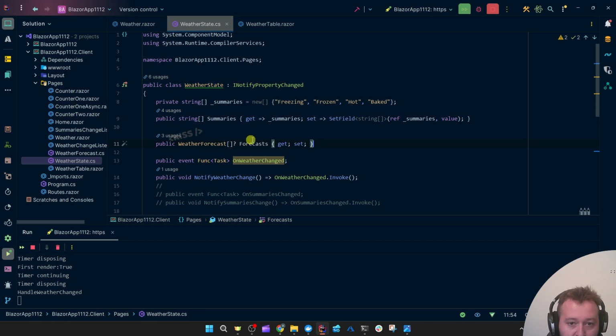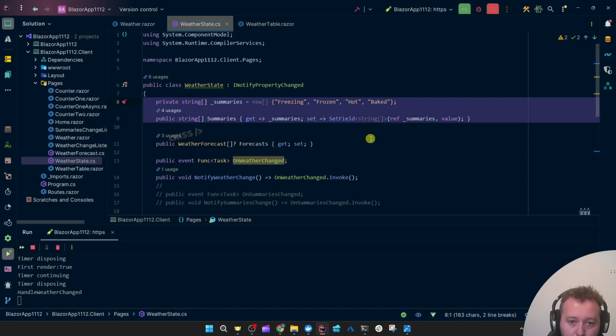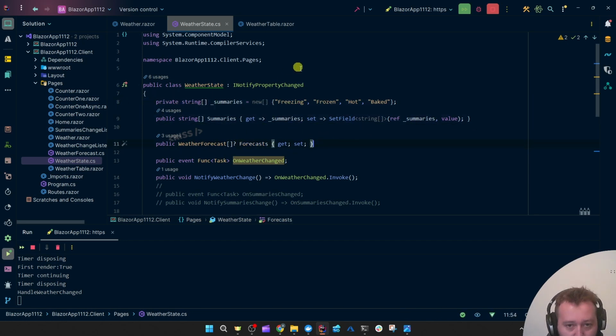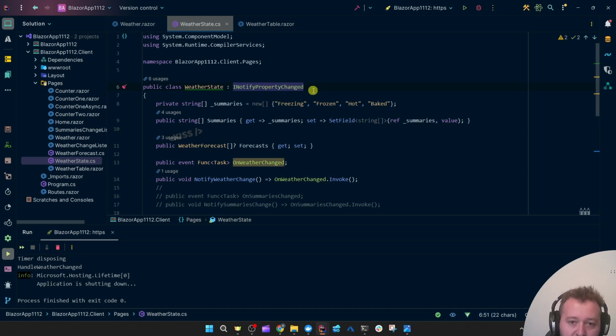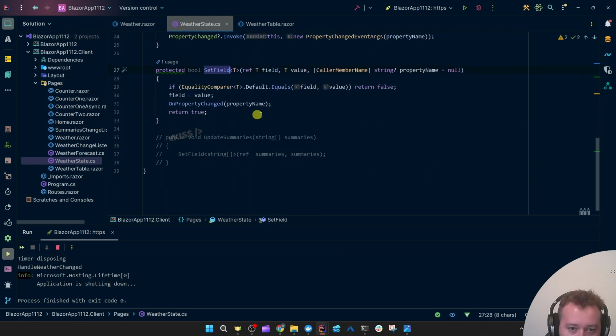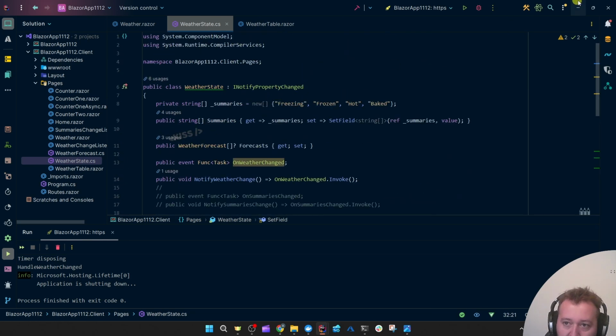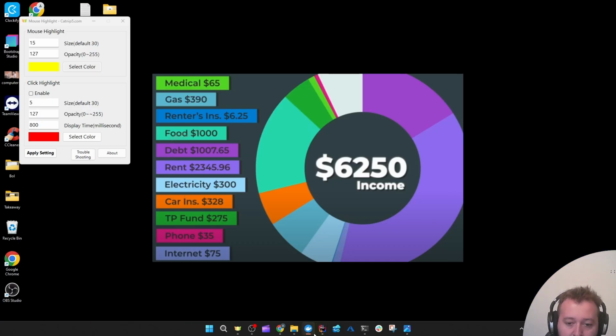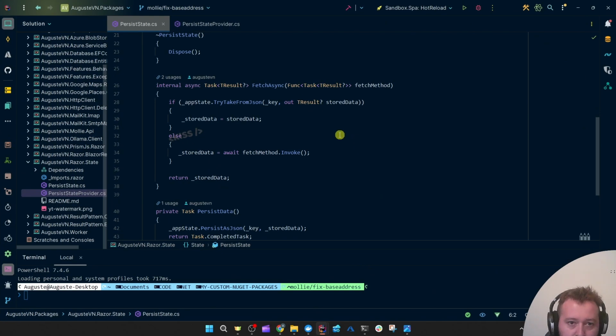And lastly, we could likely follow this pattern for the forecast as well, but I'm not going to do it, just so you have at least two different ways of subscribing to state changes. I'll likely add this INotifyPropertyChanged pattern with this SetField method. We'll likely add that to my package AugustVN Razor State,